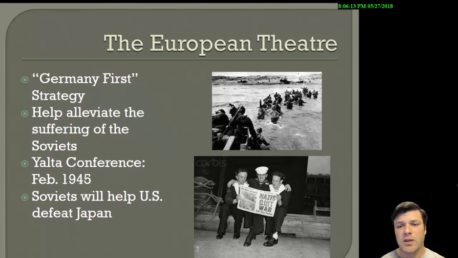What we really have to do is help alleviate much of the suffering of the Soviet Union. They had kept the German hands full for the longest of times, but they had massive amounts of casualties, and Stalin was begging us to open a second front and invade Normandy, invade France to get back on the continent. That was originally scheduled for 1942, 1943. And if you know anything about the history of the D-Day invasion, you'll know that it doesn't come until 1944. And so this is deep, deep, deep into the war.